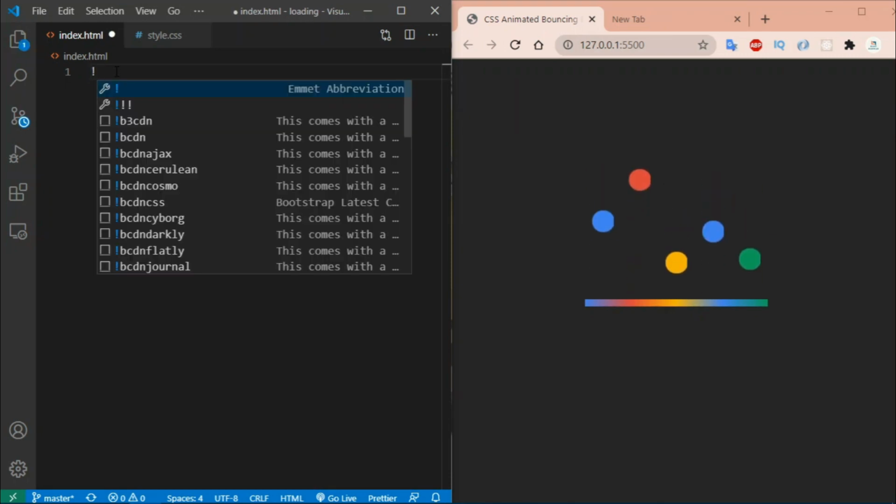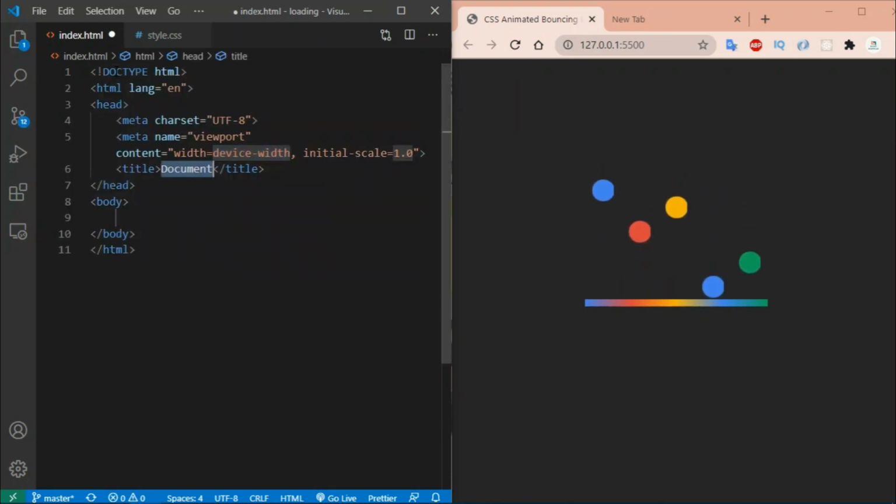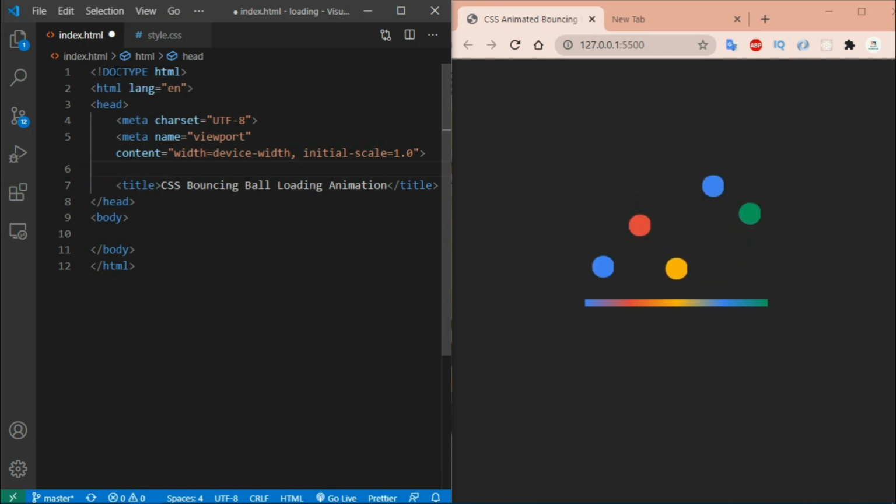Press shift plus 1 and hit enter, go to the title and change it to CSS bouncing ball loading animation. Then link our CSS file.